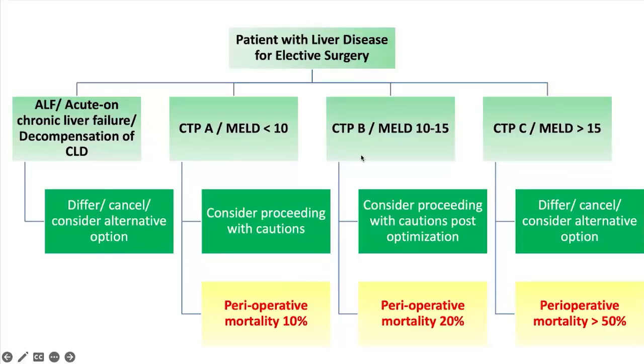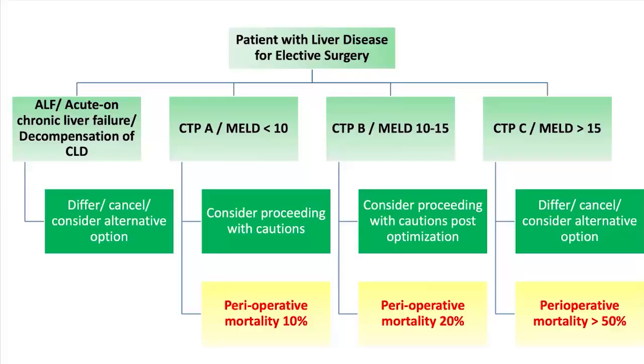And if the patient is Child-Pugh B or male aged 10 to 15, then perioperative mortality is 20%. So you can consider proceeding with caution post-optimization. You have to optimize this patient before proceeding, and it's worth sending this patient to tertiary care centers where they can manage complications if they occur, rather than operating in peripheral or